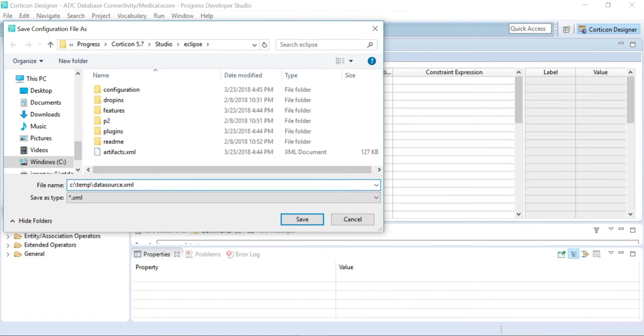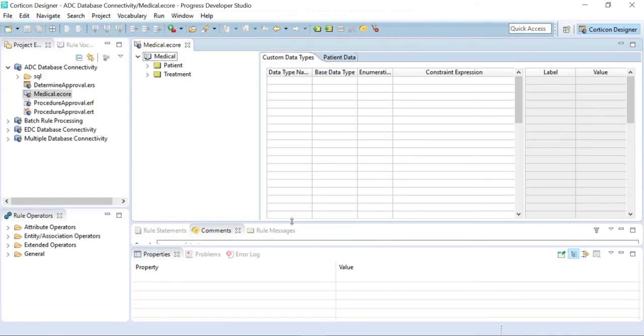The strategy that we have with decision services is that anything that has external configuration information that you would want to change on deployment, for example, a difference between your dev and your production environments, we put into the data source XML file. That allows the IT group to change, say, the connection parameters or the URL of the database that you're going to access. So I'm going to generate my data source XML file,